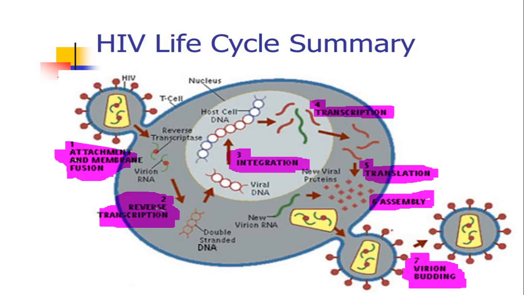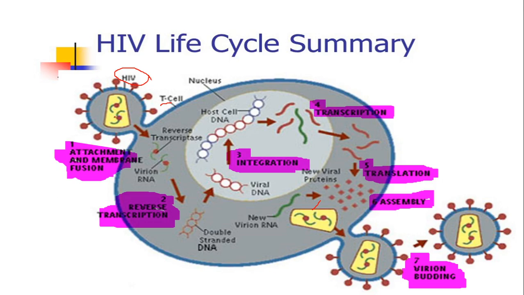Now we will come to the life cycle of HIV. As soon as the virus infects the body, here is the HIV. As soon as the HIV infects the body, it attaches itself upon the immune cell. Here a T cell has been shown, but first of course it will go and infect the macrophage. So it attaches upon the macrophage, the membrane of the macrophage, and like any other virus,